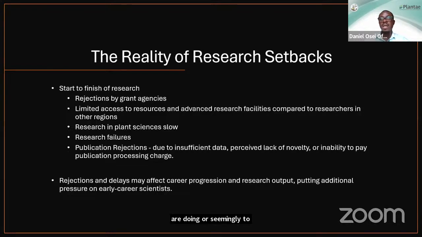And then being a plant scientist, you have an idea when you go into the lab and you start, but you realize that not all ends well. That you have to deal with all these contaminations and not getting the right results that you're looking at the end. And then when you're done, you put together your thoughts, right? A beautiful manuscript in your mind's eye with your team, and then you send it out to journals.